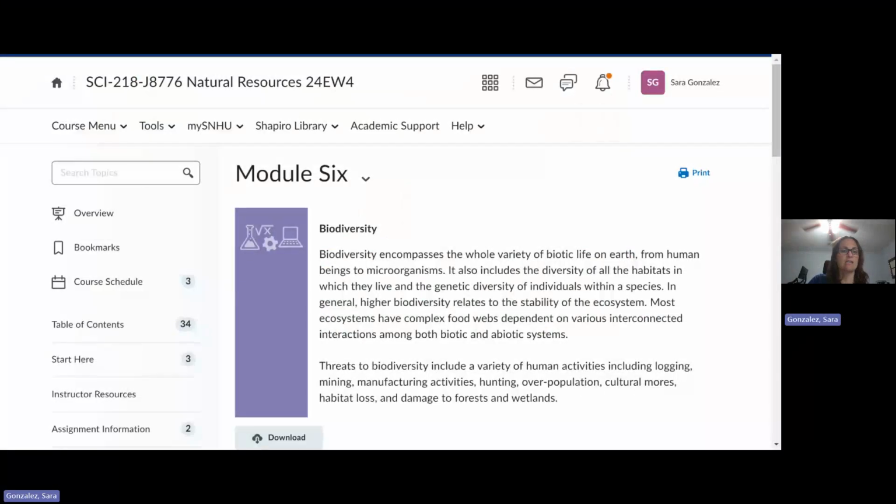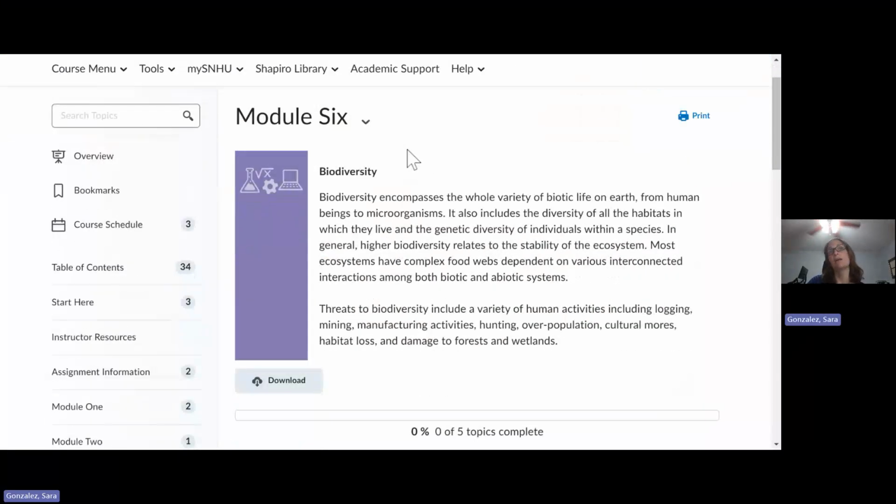Let me go ahead and share screen. So let me pull down a few screens here and then let me go ahead and share so that we're all on the same page as to what is due for this week. All right, so you should see in addition to me here is the shared screen for module 6, looking at